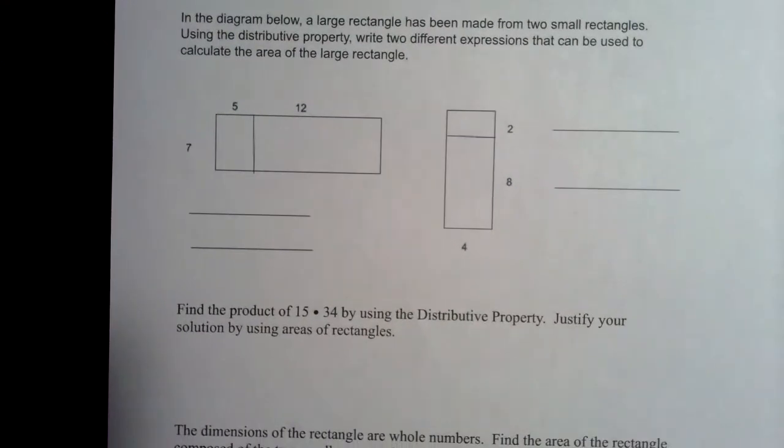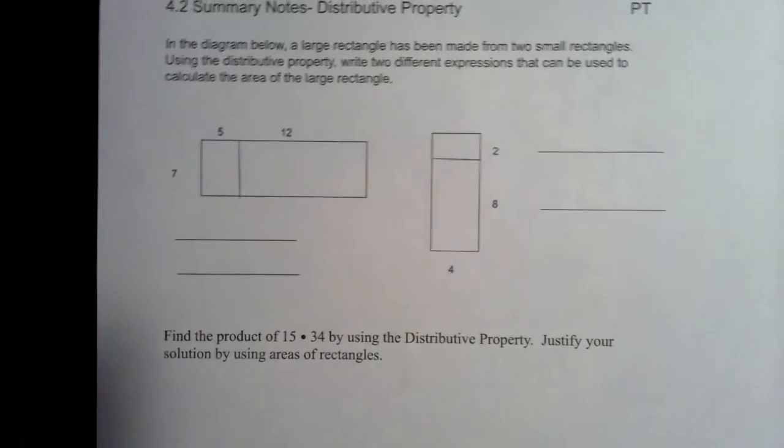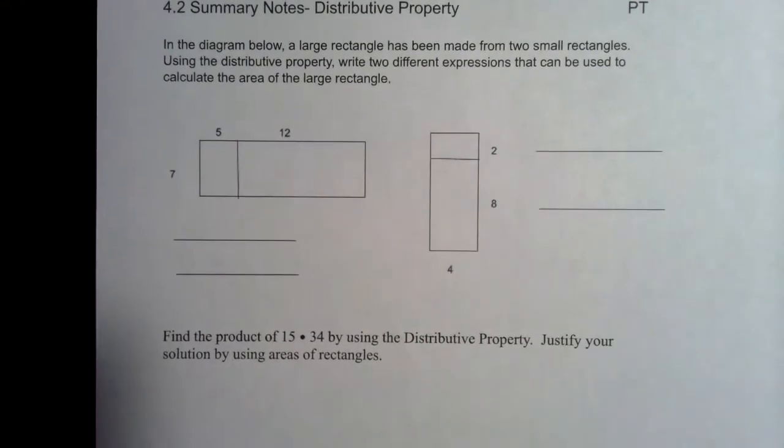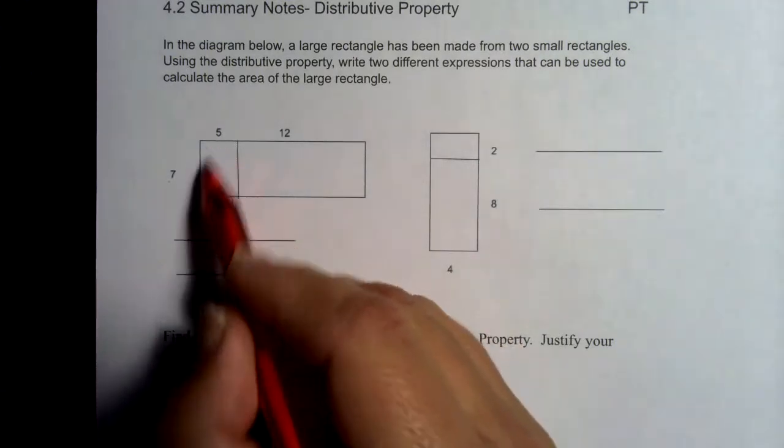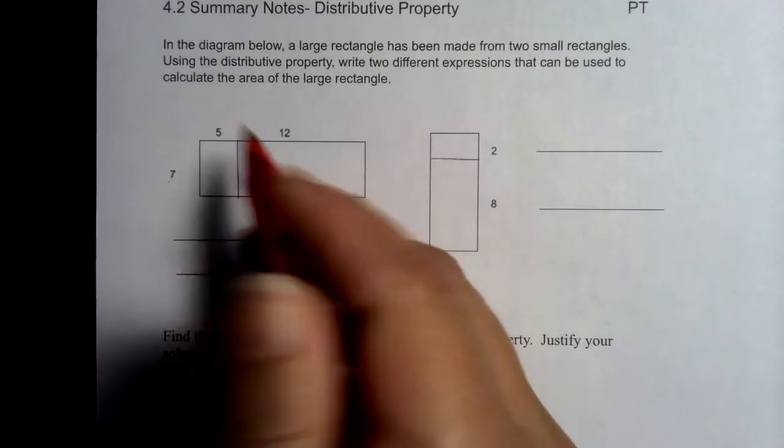So in the diagram below, once again, a large rectangle has been made by two smaller rectangles using the distributive property. Write two different expressions that can be used to calculate the area of the large rectangle. So here now we have numbers. Okay, so again,